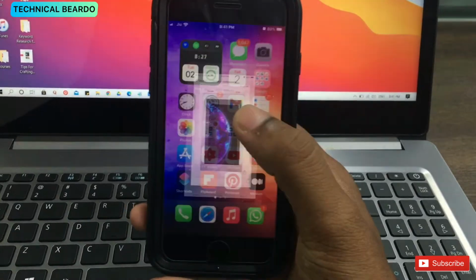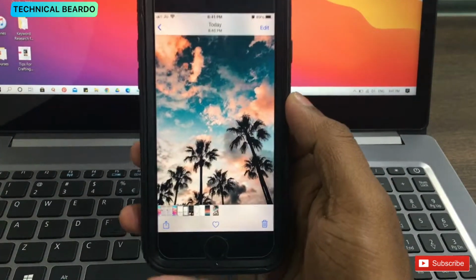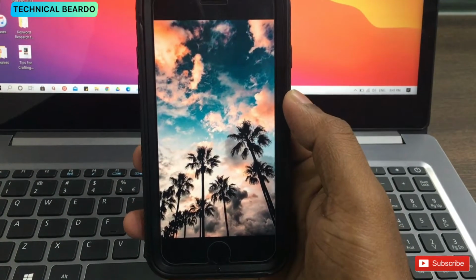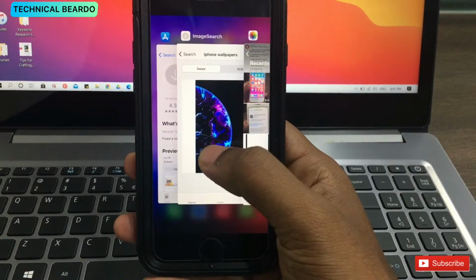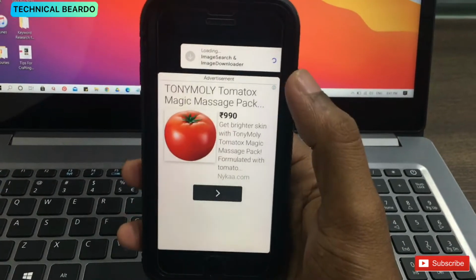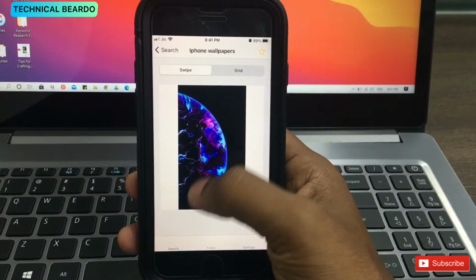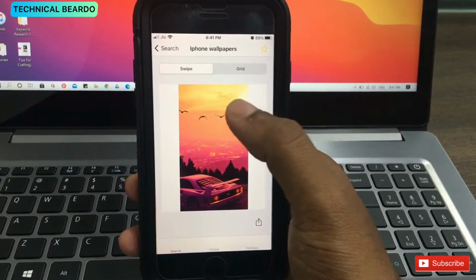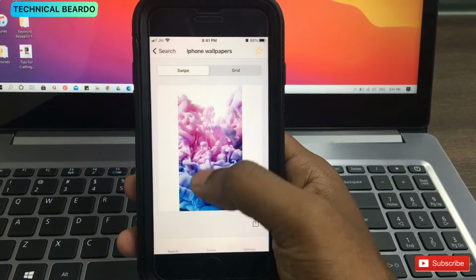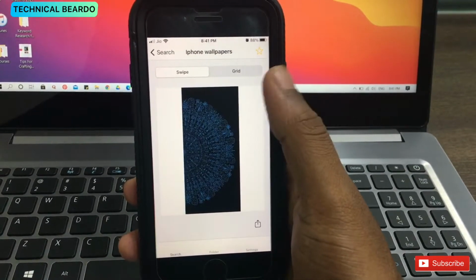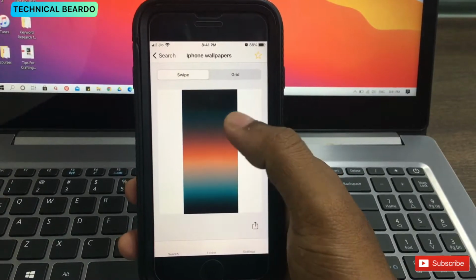Now to save the image, just swipe down. There is a simple technique. If you want to save the image to camera roll, just swipe down the image, and if you don't want to save the image, just swipe up. For the next image, just swipe up, and to save to camera roll, just swipe down. For example, if you see here, swipe up to reject the image. To save, swipe down. To reject, swipe up. To save, swipe down. Like that, it is very simple, and all are HD images. If you want to save, just swipe down.